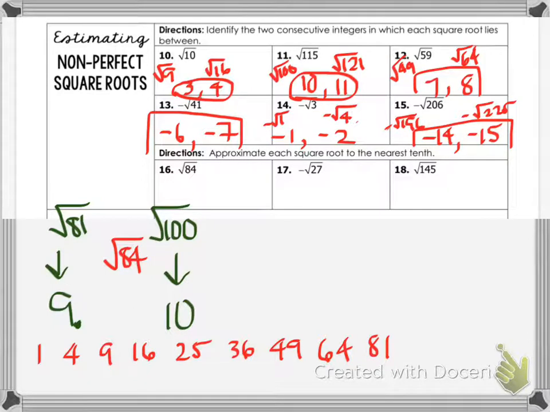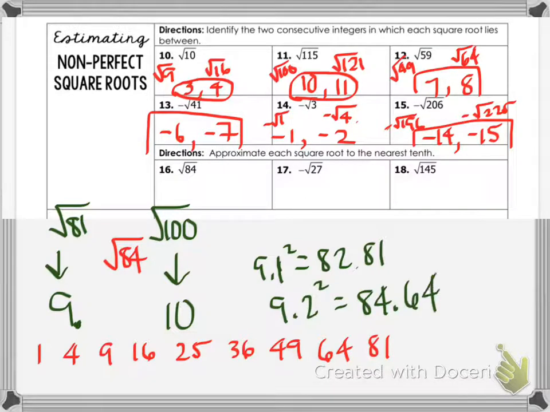All right, I'm going to multiply 9.1 times 9.1 and see what I get. When you do that, you end up with 82 and 81 hundredths. So 9.1 squared is 82 and 81 hundredths. Let's try 9 and 2 tenths squared, which is 9 and 2 tenths times 9 and 2 tenths. So 9 and 2 tenths squared is going to give us 84 and 64 hundredths. As we take a look here, we can clearly see that this one went over slightly. So we can say our answer is approximately